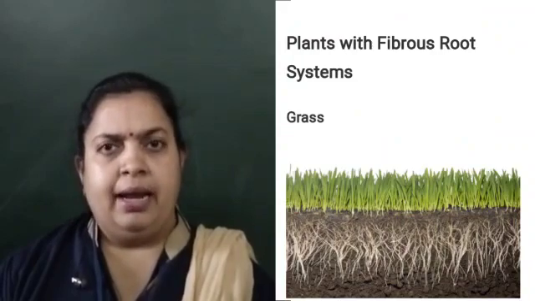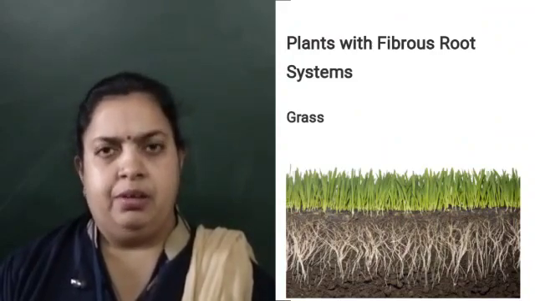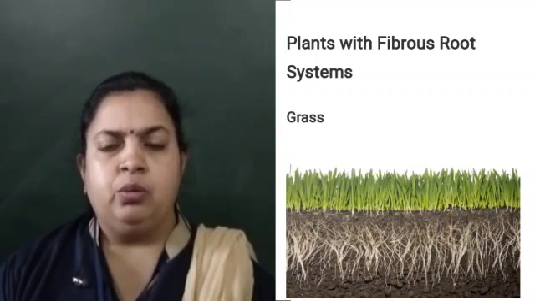Kids, there are much more examples of the fibrous root. As you can see in the picture, it is a bamboo tree, papaya, grass, and you can see the roots of these. They are the fibrous roots. And coming to the aerial roots, you can see the banyan tree. In this banyan tree, you can see the roots hanging down from its branches. When these roots enter into the soil, they again become a branch. And some trees have the roots scattered on the ground, as you can see in the pic, right?